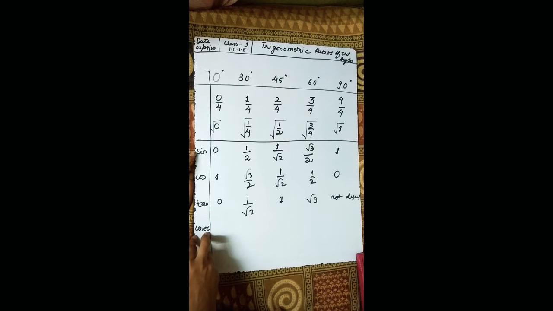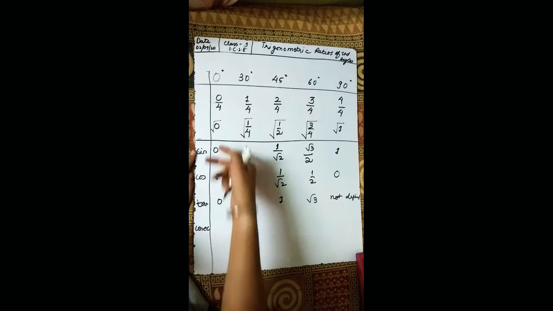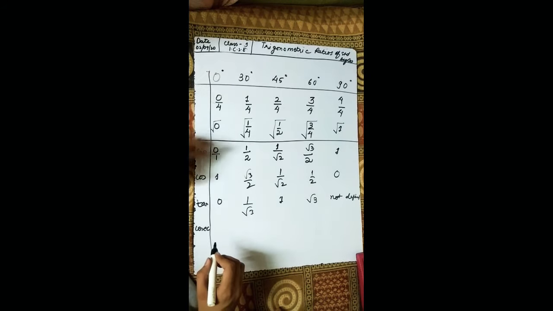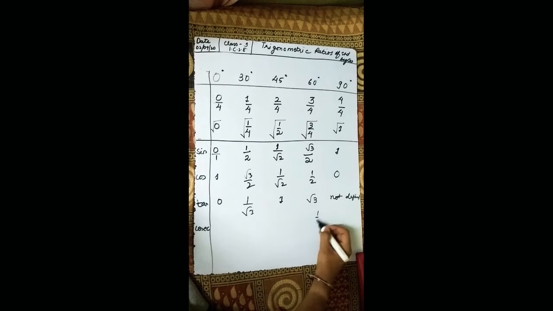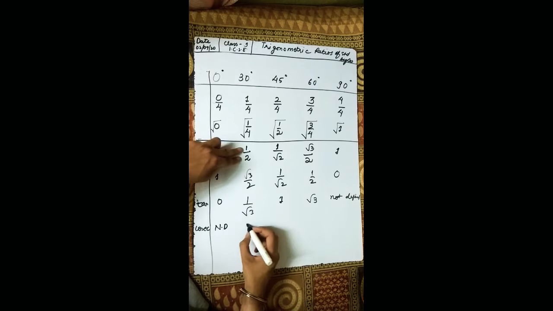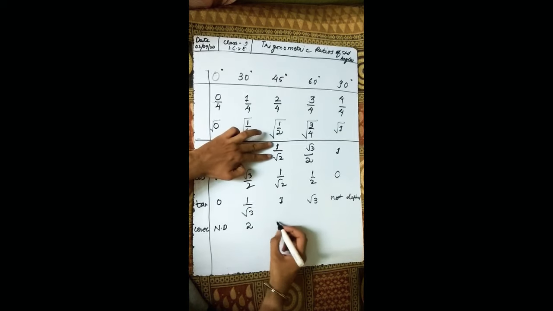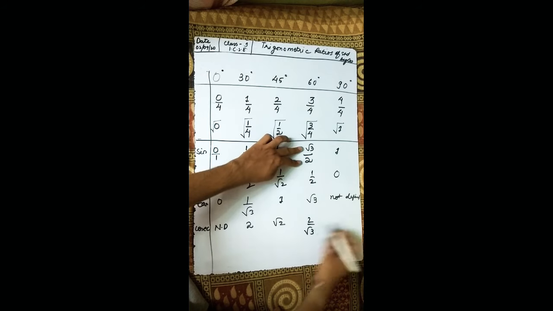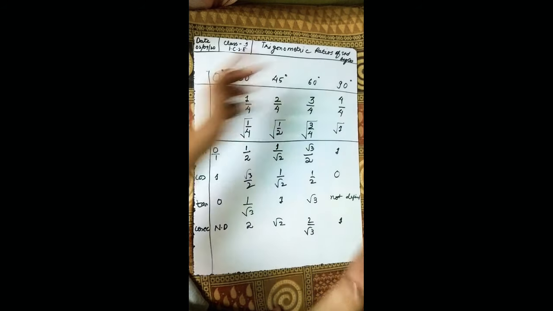As the reciprocal of sine is cosec, you take the reciprocal of the values of sine. I mean to say, this is 0 upon 1, no? So if you reverse it, it will be 1 upon 0. Again 1 upon 0 came. That means this is a not defined case. Okay, so you can write not defined. Reverse this. 1 upon 2 will be 2 upon 1, so 2. This will be root 2 upon 1, so root 2. This will be 2 upon root 3, and this will be 1 only, because 1 upon 1 is 1.